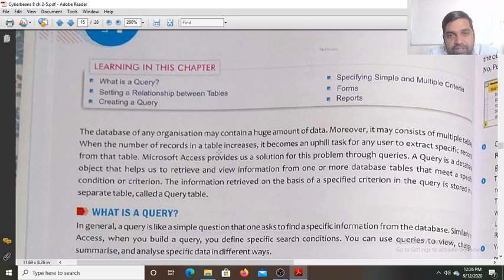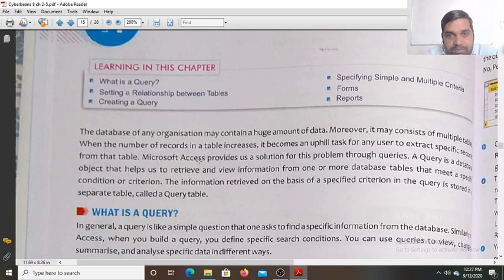When the number of records in a table increases, it becomes an uphill task for any user to extract specific records from that table. Suppose there are 1 lakh records in a table, meaning 1 lakh rows. To extract information from the 1 lakh rows, you have to search all of them, and only then will you be able to get the information.